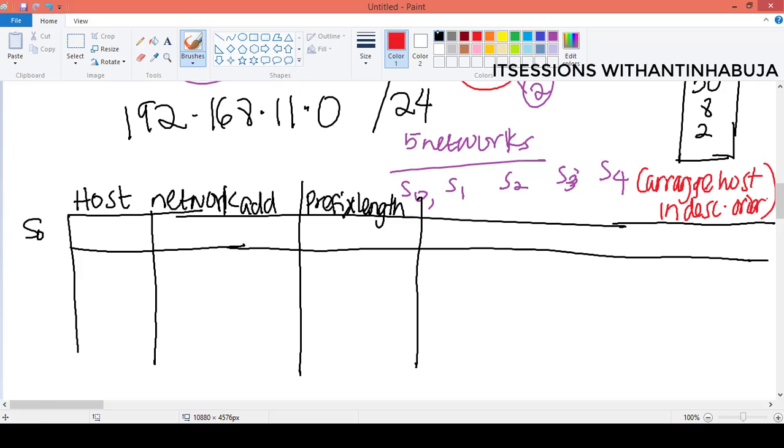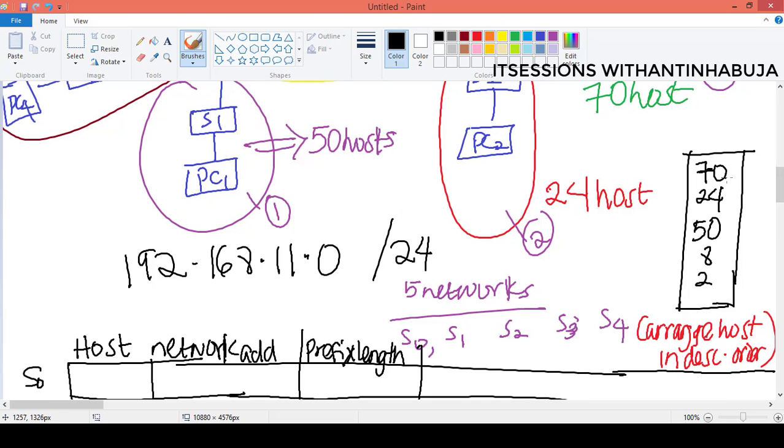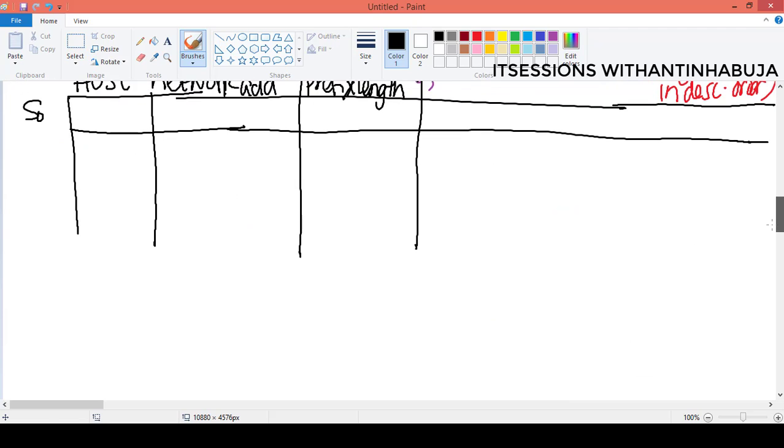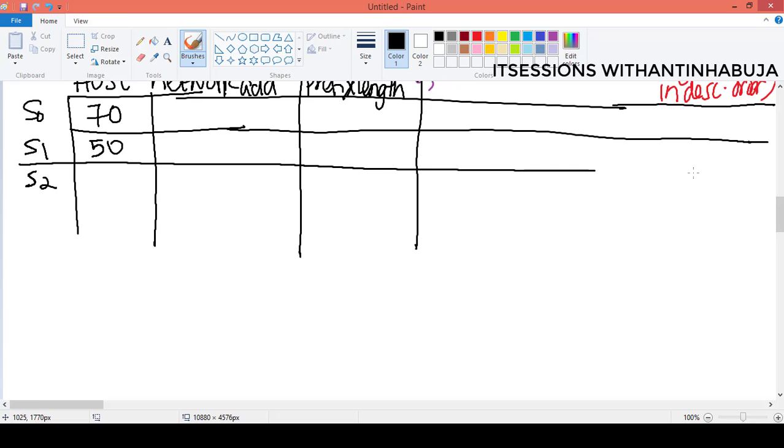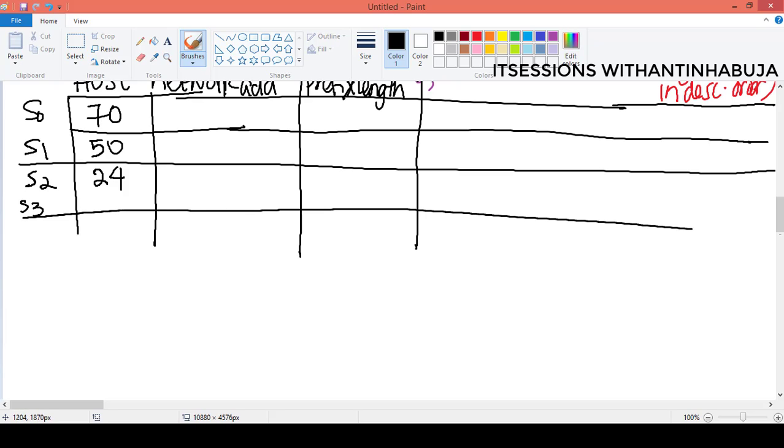So we then come here. Our first host count will now be 70, the next will be 50, the next will be 24, 8, and finally 2. So let's arrange them. For S0, it is 70. For S1 it will now be 50. For S2 it will be 24. For S3 it will be,